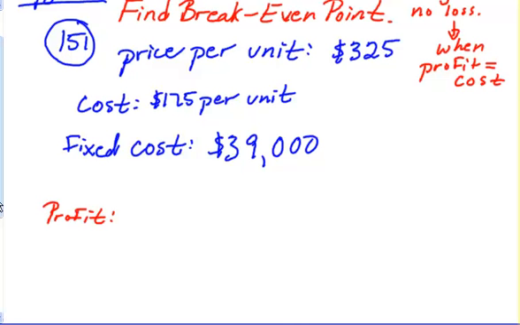How much am I charging per one I sell? Okay. So if I'm selling each of them for $325, let's think about this together since we haven't done this type of problem before. If I sell one,